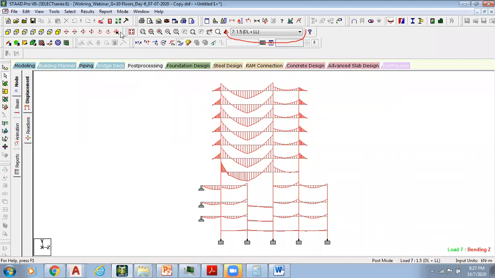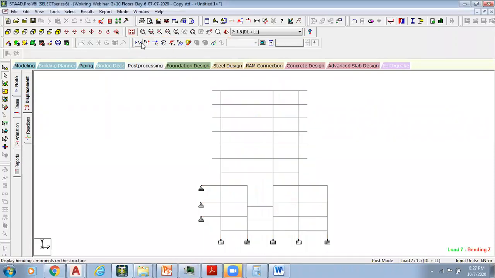Now if I want to see the shear force diagram, I can go to this Fy, or if I want to see any kind of resultant like axial force, shear in Y, shear in Z, torsion, moment about Y-axis, moment about Z-axis, right? I can turn off this one, turn on this one.